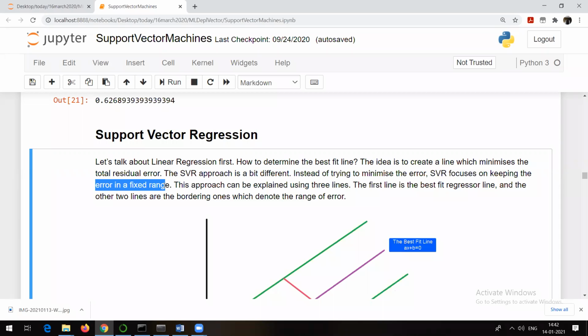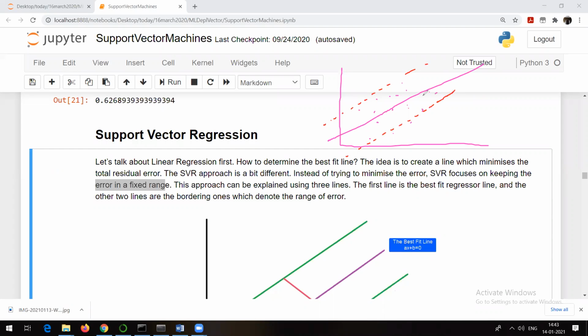If you have some data set like this, with these data points and this line of best fit, the support vector regressor is going to come up with two more lines, something like this and something like this. In simple words, it is going to create this kind of a pipe.